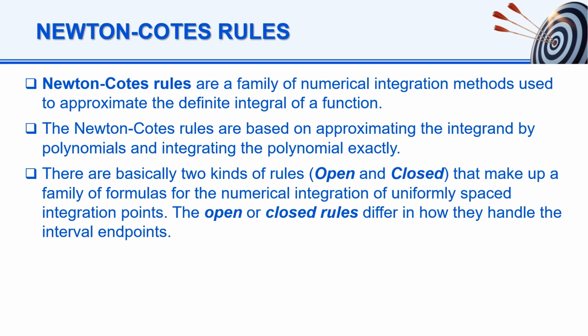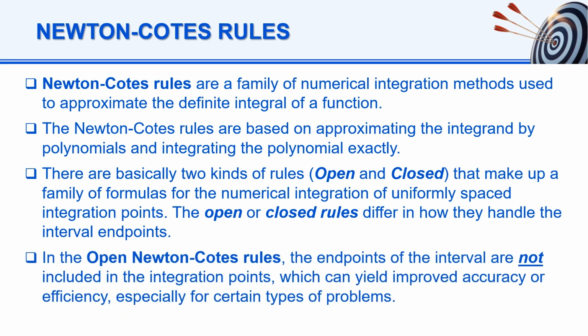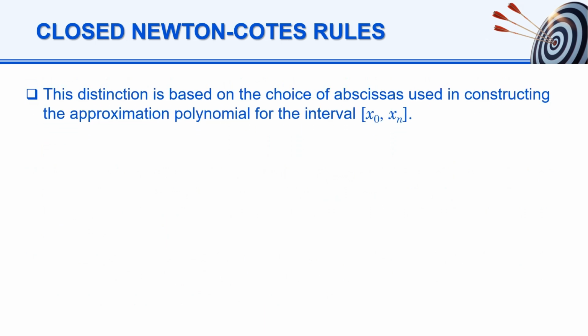The open or closed rules differ in how they handle the interval endpoints. In the open Newton-Cotes rules, the endpoints of the interval are not included in the integration points, which can yield improved accuracy or efficiency, especially for certain types of problems. This distinction is based on the choice of abscissas used in constructing the approximation polynomial for the interval from x0